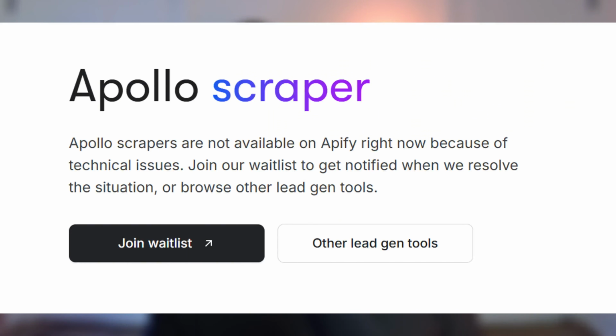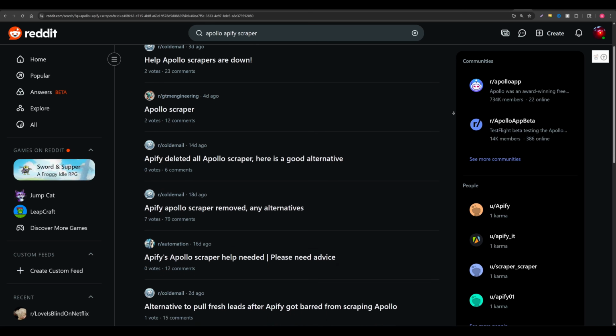This went on for years until a few weeks ago, Apollo finally said enough is enough. They went to Apify and had them crush all of these actors. All the scrapers were removed from the site and replaced with an official Apollo scraper, which itself was removed just a few days later. This caused havoc in the cold outreach community as this was the #1 source for many